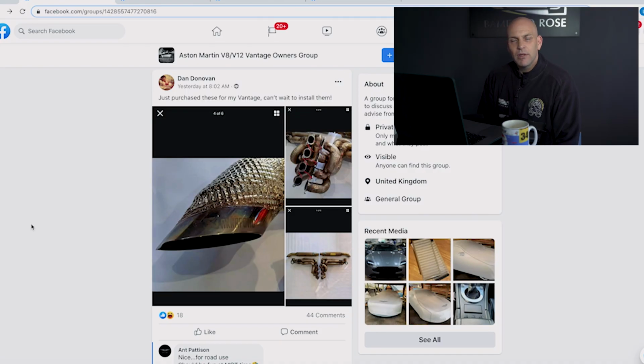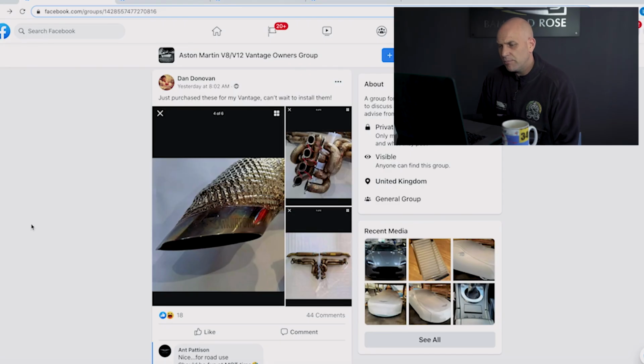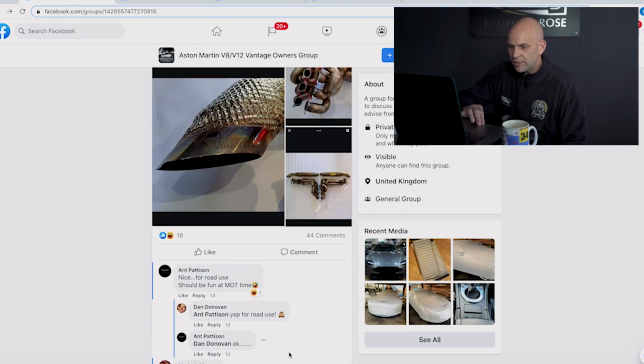First one is someone that's purchased a set of GTE, GT8, GT4 race car manifolds, which exit on the side sill, just behind the driver's front wheel, and thinks that they're going to fit them to the car. Now, in terms of styling, I can sort of get why the side exit pipes would be desirable. In terms of the sound quality, well, you might hear that GTE car going around the track, but it